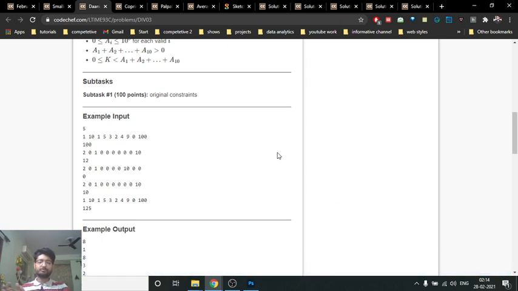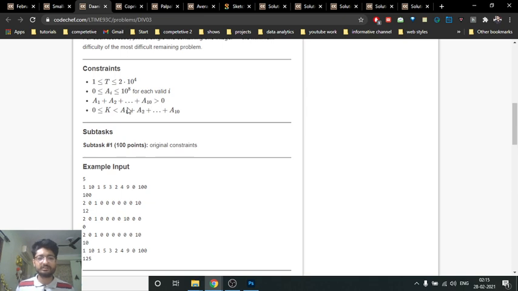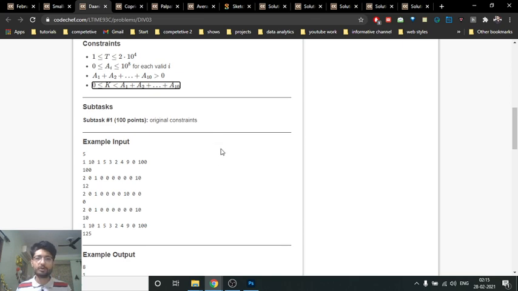You just have to iterate from right to left, start deleting out the papers such that my k becomes equal to 0, which means that, as you can see in the constraint also, the addition of all of those numbers is always greater than k. So it will always hit that. It cannot happen that k is greater than the summation of all of those numbers. So you will always hit a case.